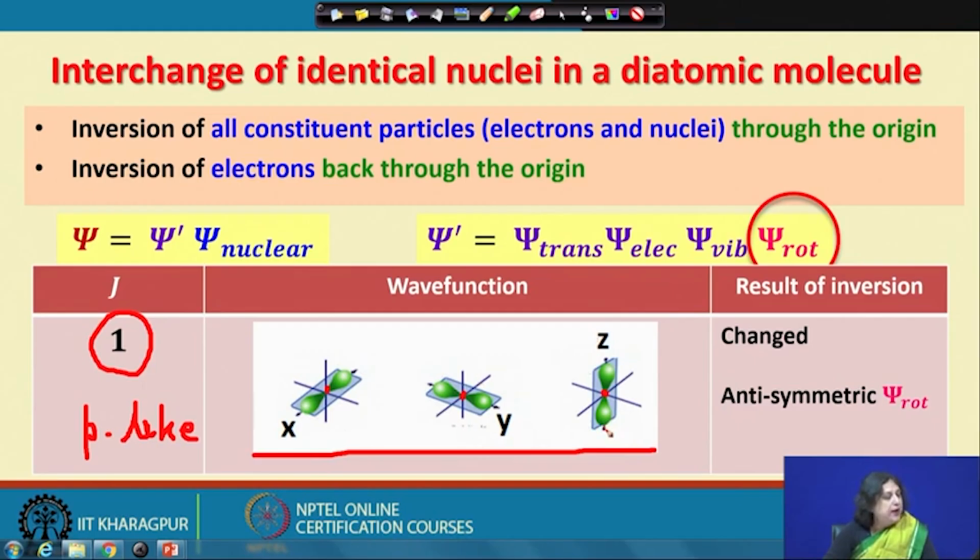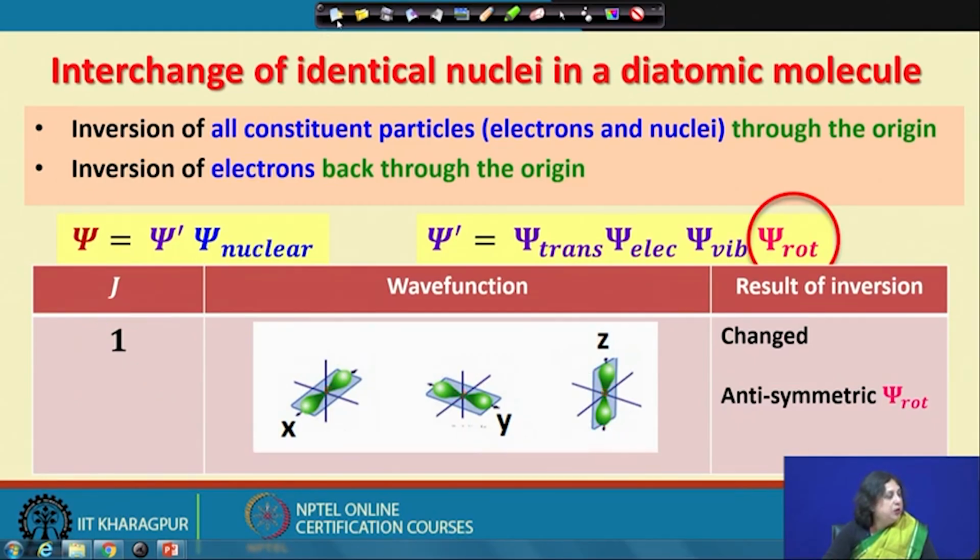Therefore, for j equal to 1, the wave function shows a change in the way it is projected across the center,